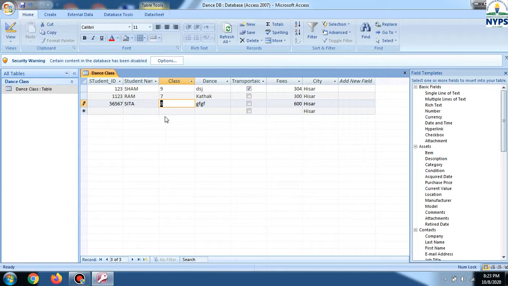I hope you understood this. And those who have a computer, better send me your video or your picture of this database and your table. Only one student has sent me, so all of you try to do it at your home.